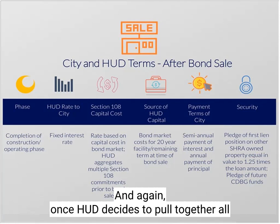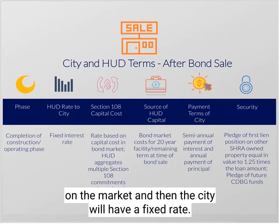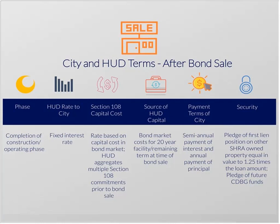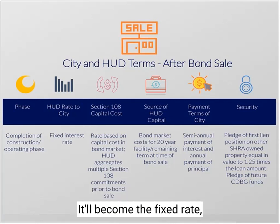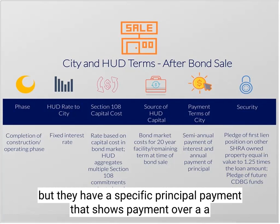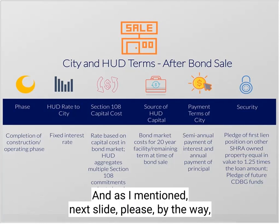And again, once HUD decides to pull together all the various Section 108 obligations they've got, they'll sell that on the market, and then the city will have a fixed rate. They do currently have a note that talks about a variable rate that will become a fixed rate, but they have a specific principal payment that shows payment over a 20-year period. And as I mentioned, next slide, please, by the way,